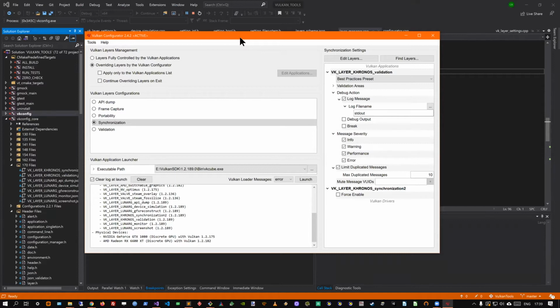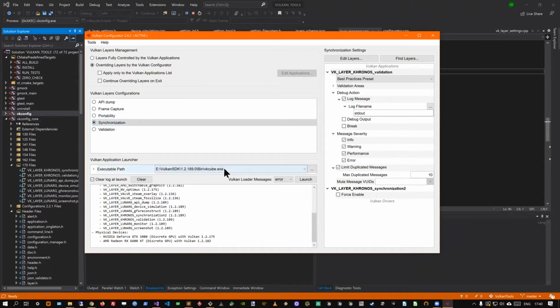For example, during the previous tutorial, we were discussing that it would be nice to use synchronization validation to check if an application has validation errors. With Vulkan Configurator, it's extremely easy, considering that it's pre-configured with use cases that we think are useful. And there is one which is checking for synchronization validation errors, and it's this layer configuration.